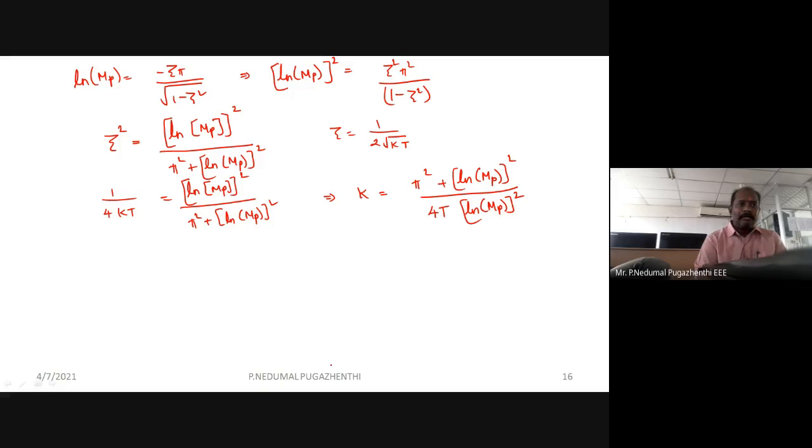Now I have a relation between peak overshoot and the k value. Okay, now I can apply my peak overshoot which is provided. Initially, what will be k when it is 75 percentage? What will be the k if it is 25 percentage? Then I have to find the relation.